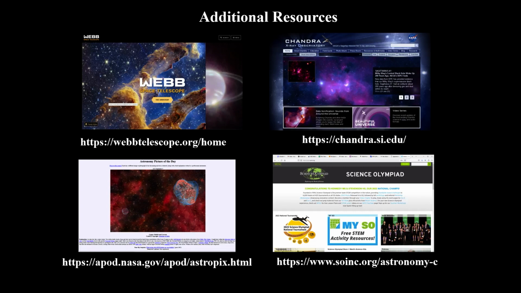And as you can see, the National Science Olympiad website not only has links to the webinars and the talks posted on Chandra, they will also have the transcript for this astronomy presentation. They also have a lot of other useful links, and they have a store where sometimes you can get a coach's manual, and they are all well worth the few dollars they cost. So it's another place that you should go looking for resources.